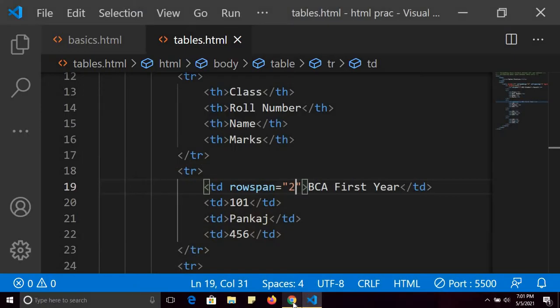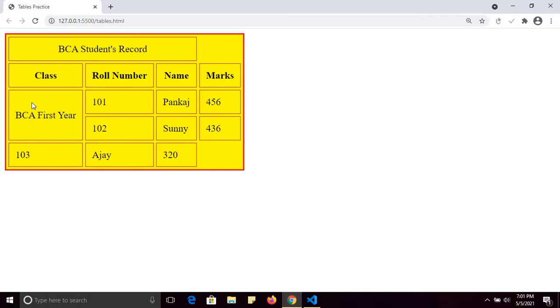Row span means it is taking the space of two rows. Here BCA first year, it is taking the space of two rows, and as you can see, one row, here it is one row, and second row.